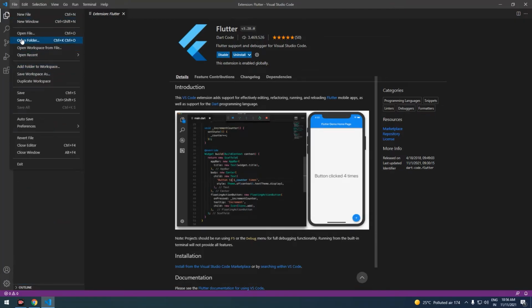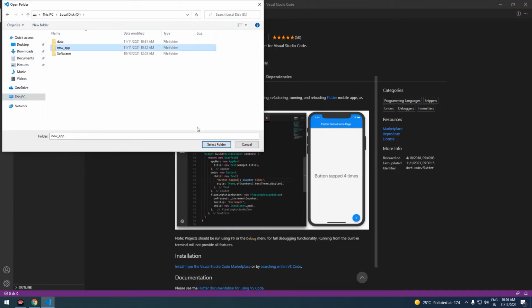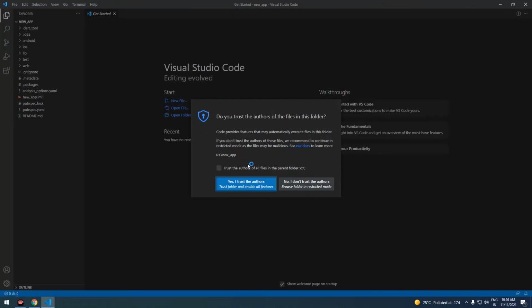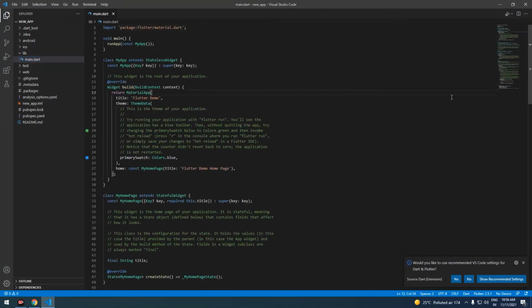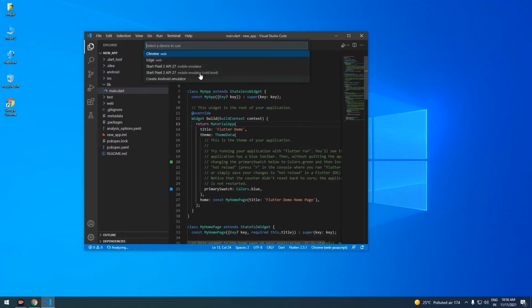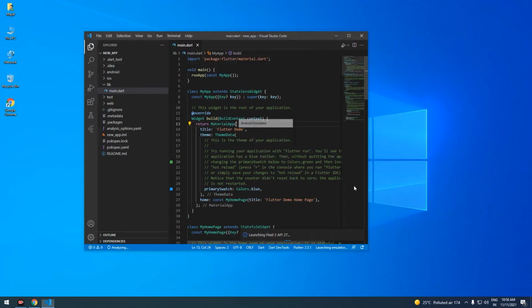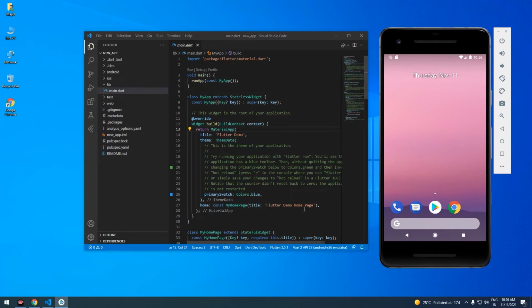I'll open the project we have created and I'll go to this PC. This is the application selected and the application trust. Yes, just check that. Go to main lib main.dart and I'll make it a small screen for you guys to understand. So just click over here and here you can select the emulator that you wanted to run. So I'm gonna select the emulator that we have created with Android Studio and it will load up the emulator. So it will take around 1 minute for the emulator to completely load up, so be patient with that.